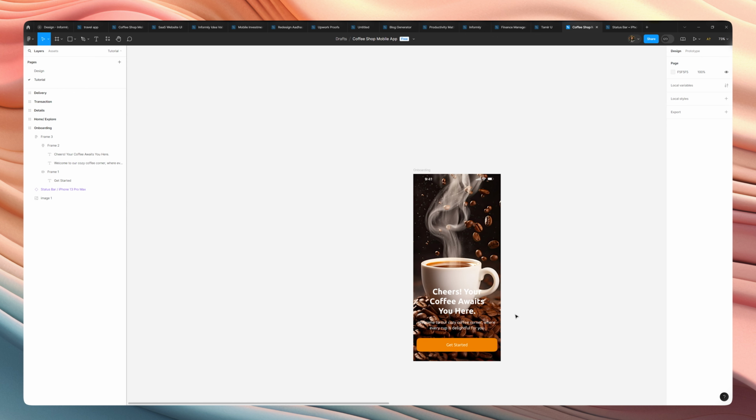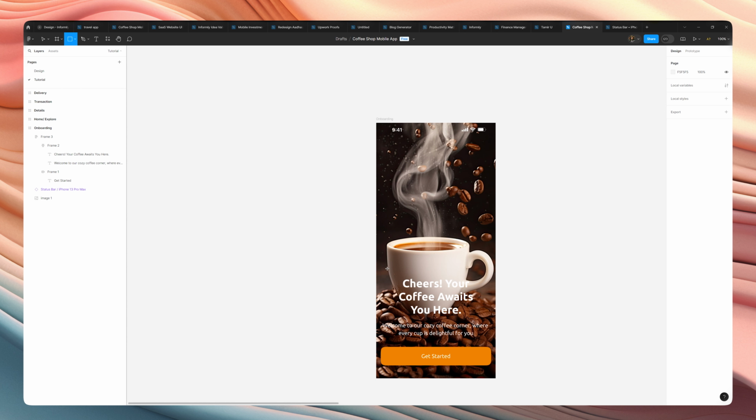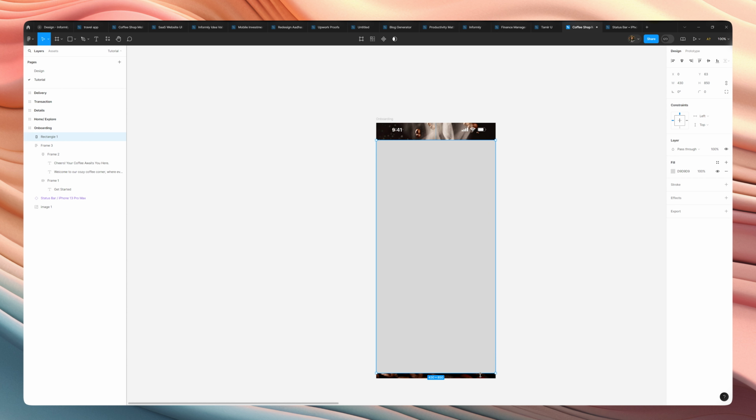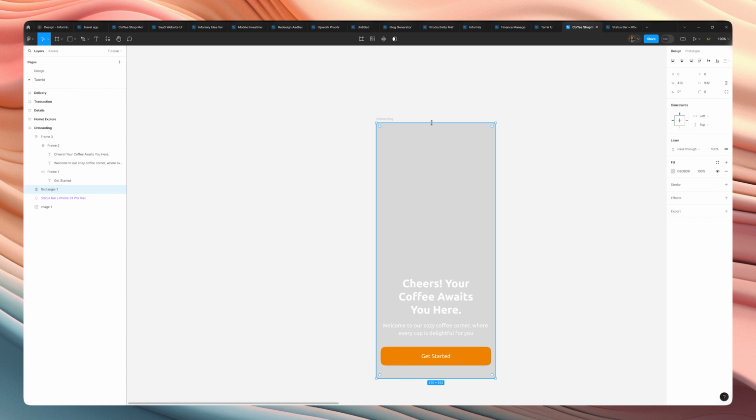Okay, so what do we want to do? We want to create a rectangle here all over the app. Okay, create a rectangle. The shortcut for rectangle is R, and stretch it out. Awesome. Use control plus left bracket to move the layer down. Okay,